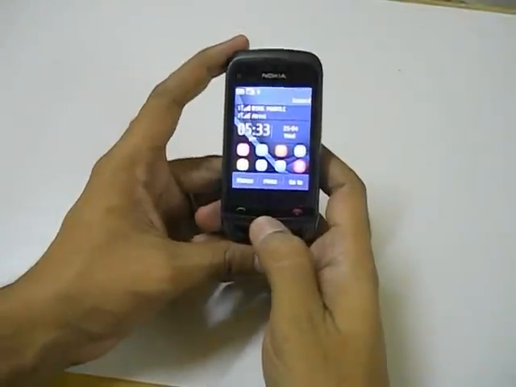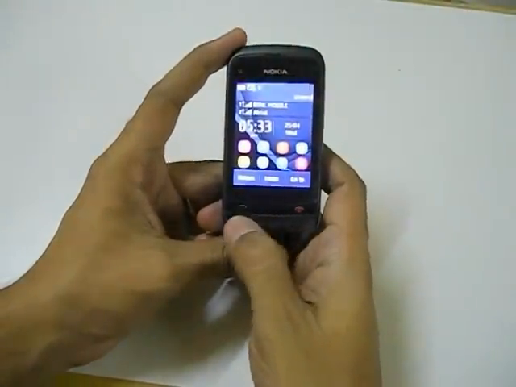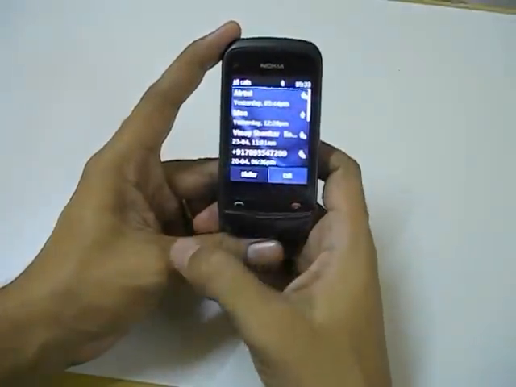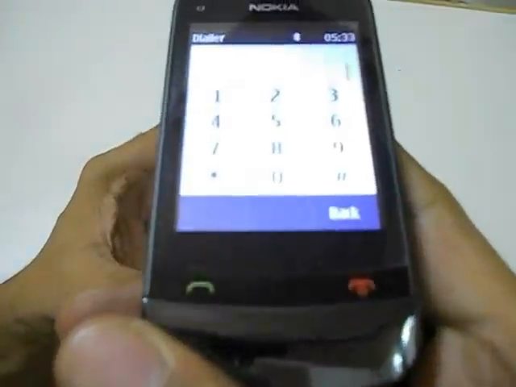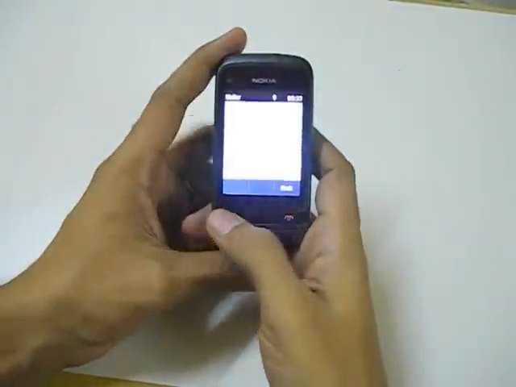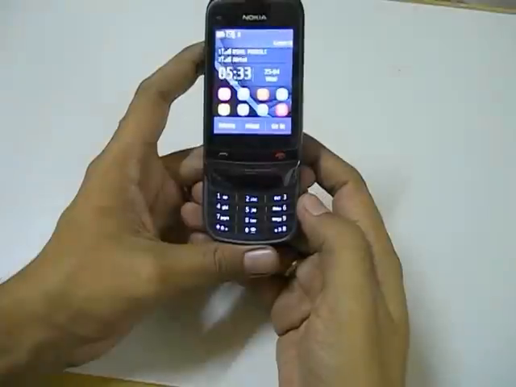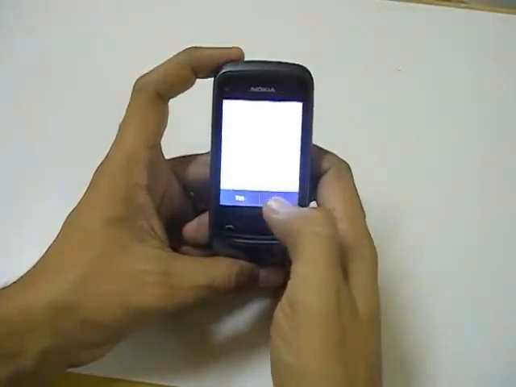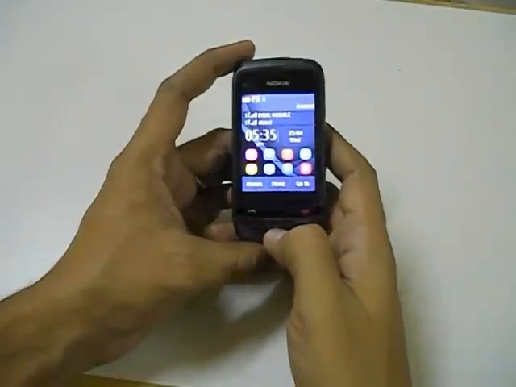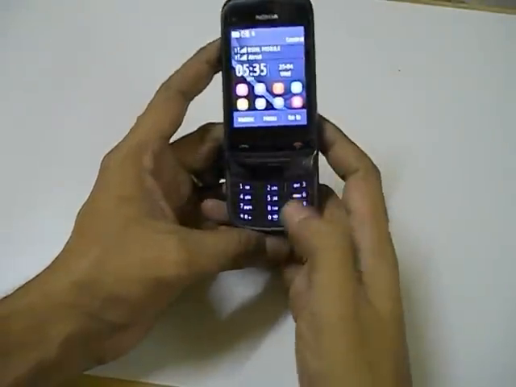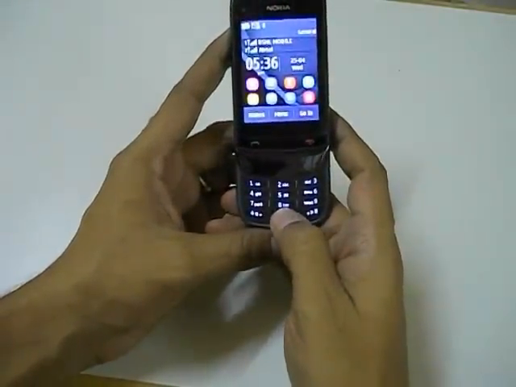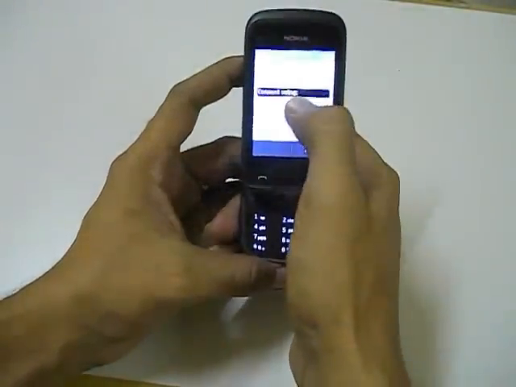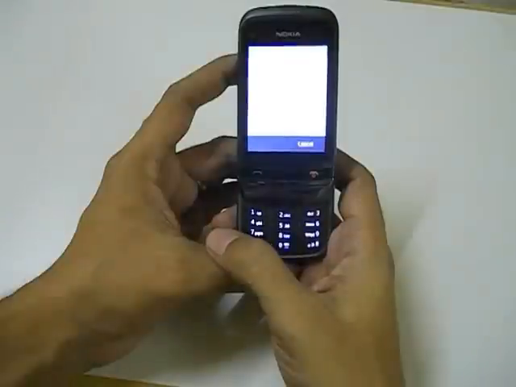To get the on-screen dialer, press the redial key, that is the green key. Then on the left you have the dialer. It gets you the on-screen dialer. This option will not be available if you open the slider. The on-screen dialer is only available when the slider is closed. To access the default browser, you can press and hold the 0 key and it will start the default browser. Select the SIM card and it will start the default browser.